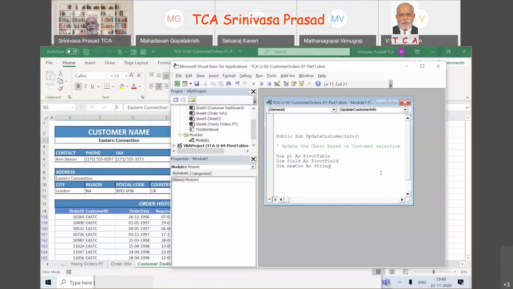Now what I request some of you is, can you just do this in your system? At this point I will stop. I will stop recording also. Some of you can do this and practice it before we proceed, because it is very important how to open a particular module, how we are going to delete all the old commands, how I am going to do a Public Sub, all those things. Then we will proceed. Okay, I am stopping the recording here.